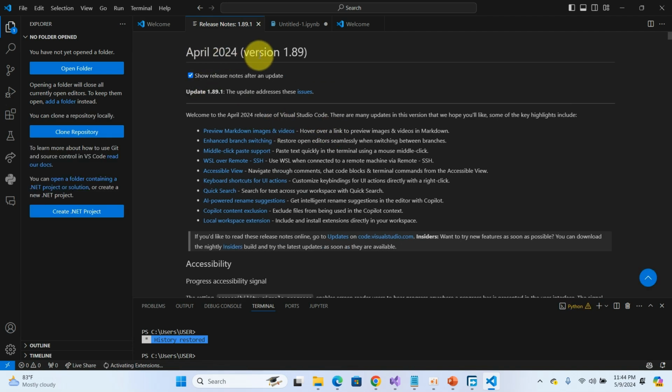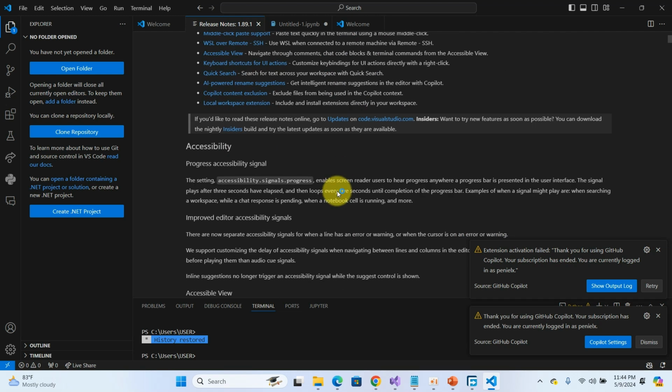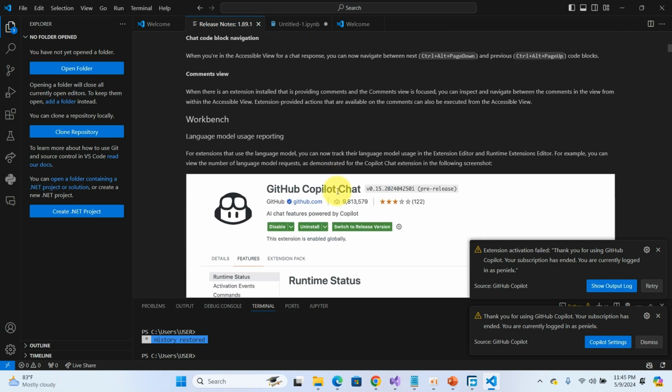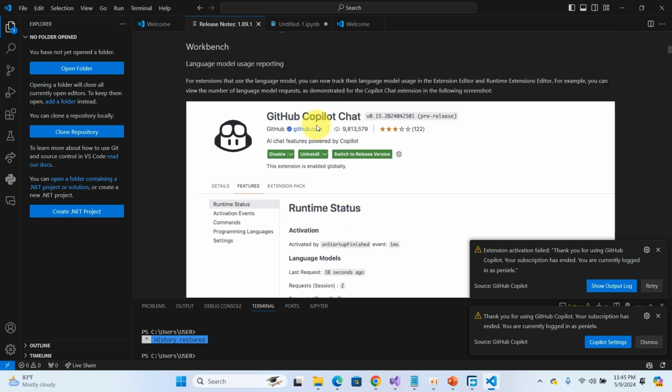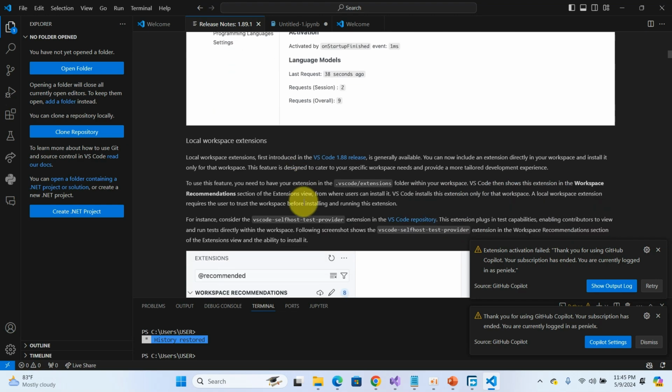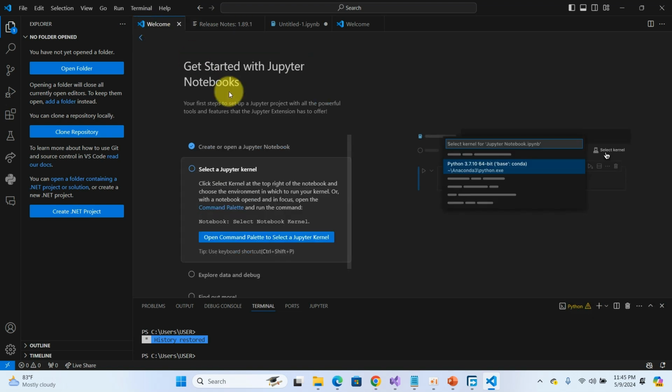This is the April 2024 release, and welcome to April 24. You can go through the release notes to know what is new. GitHub Copilot has been added and things like that. Alright, so for you to set up your Visual Studio Code to be ready for